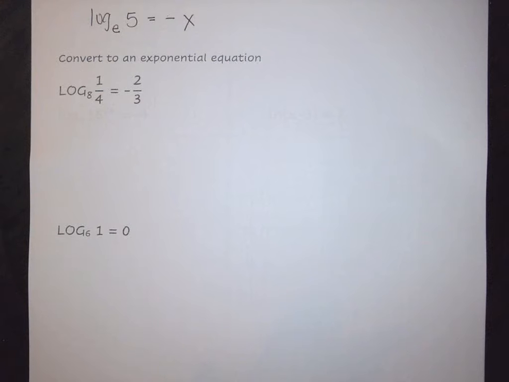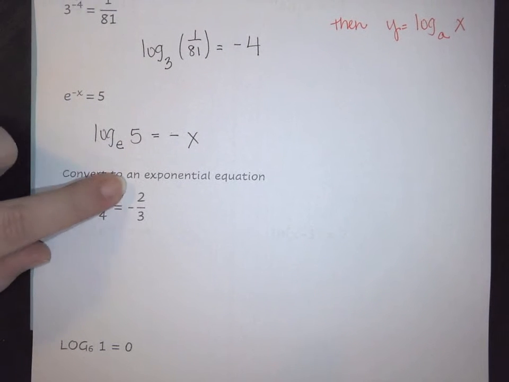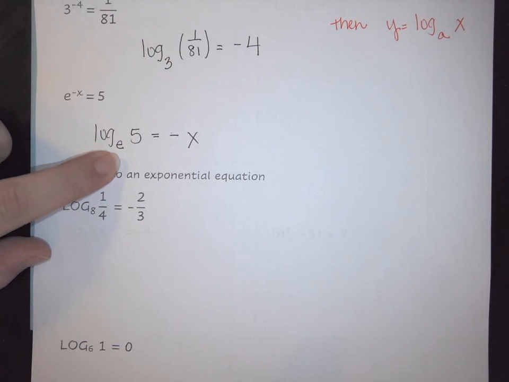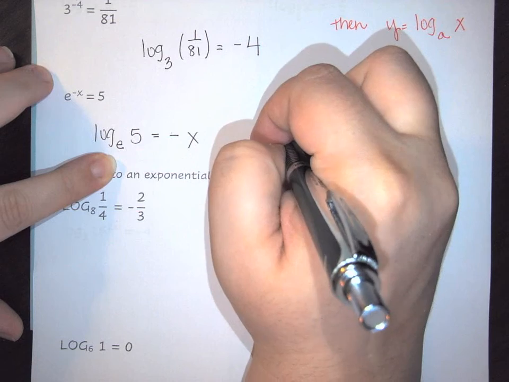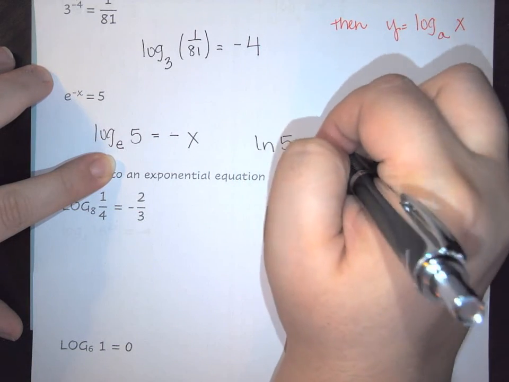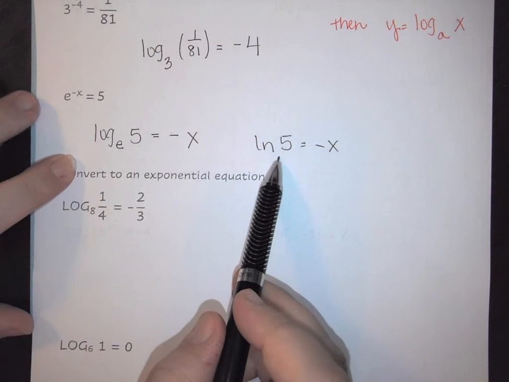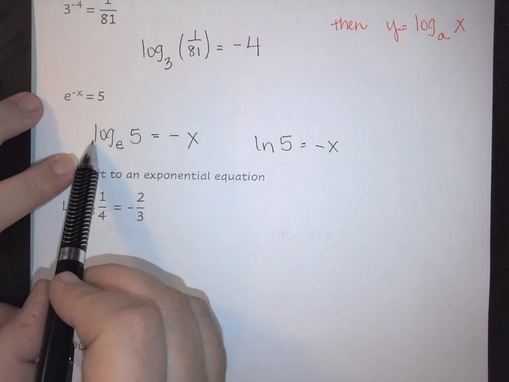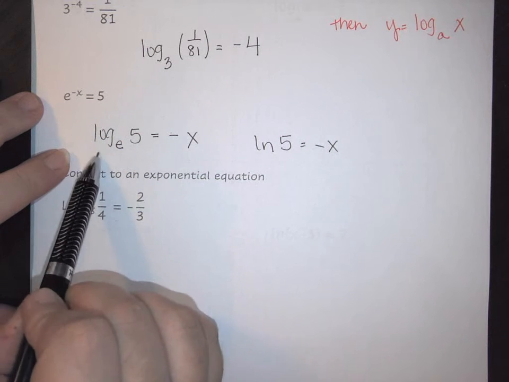Alright, now here we've got the log forms we want to convert back over into their exponential counterparts. Okay. Coming back to this example, we have a generic rule that says anything log base e can be written as the natural log of 5 equals negative x. So technically either one of these two answers would work,